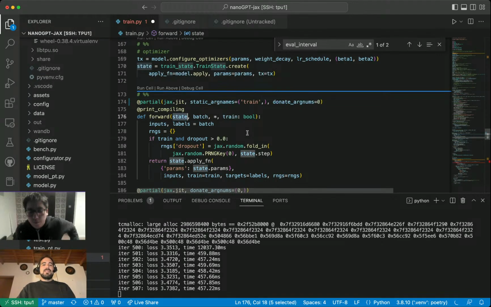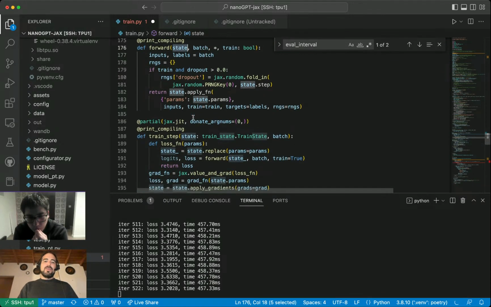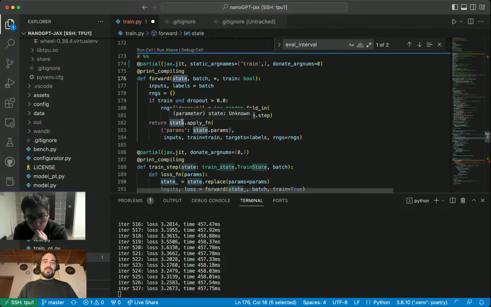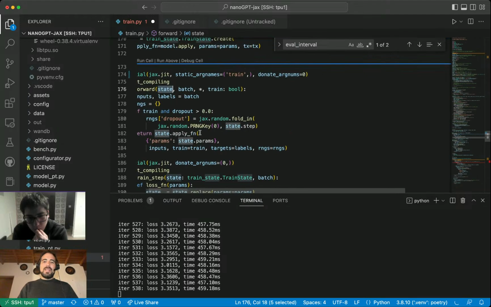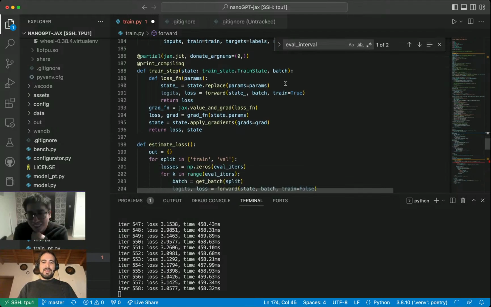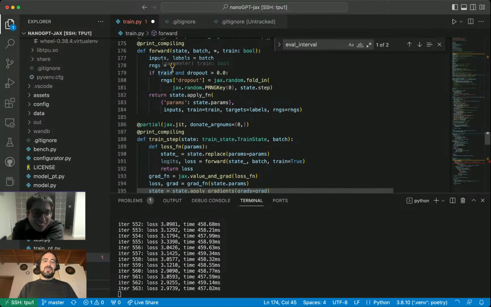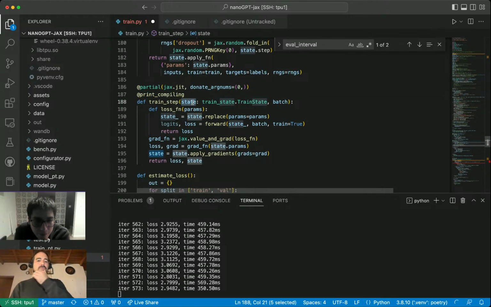Since it's functional, every time I input a state, when I output the state, oh no, wait, I did do it here. Okay, it's the same. No, actually, we don't want to do it here, because the state is important. No, here you can donate it. In forward you can donate it, but in training, yes. So when you input the state here,